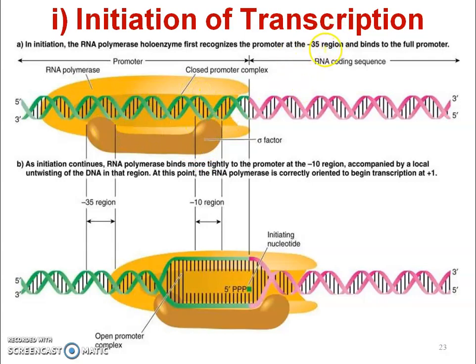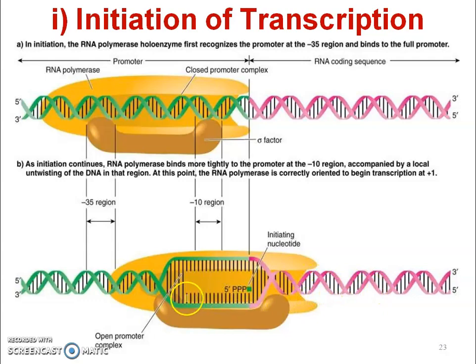So here you can see that the RNA polymerase first recognizes the promoter, the green one, at the 35 region. I told you that the promoter is recognized at the 10th region or at the 35th region. At the 35th region there is TTGACA and at the 10th region there is TATA. Okay, and it binds to the full promoter. Totally binds it. Then this sigma factor helps in binding. Now this sigma factor is left here, and this promoter part is also left, and the RNA polymerase, which is synthesizing the new RNA, will move forward. When it is moving forward, that much of the chain, as required, will be unwinding. Unwinding of the chain will occur up till the termination.